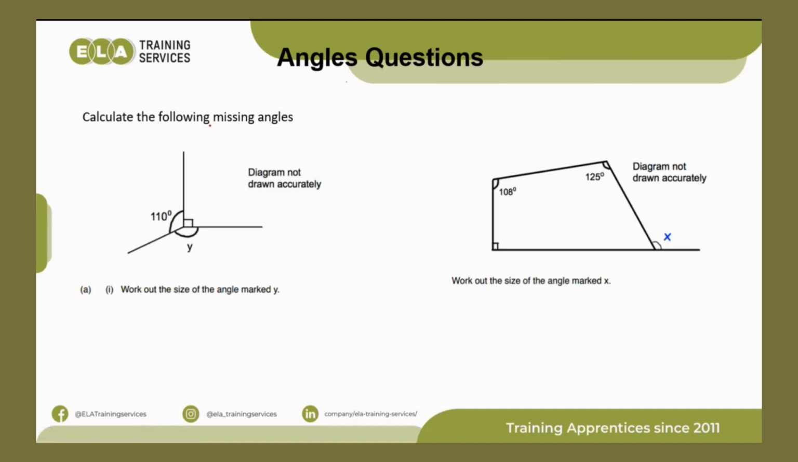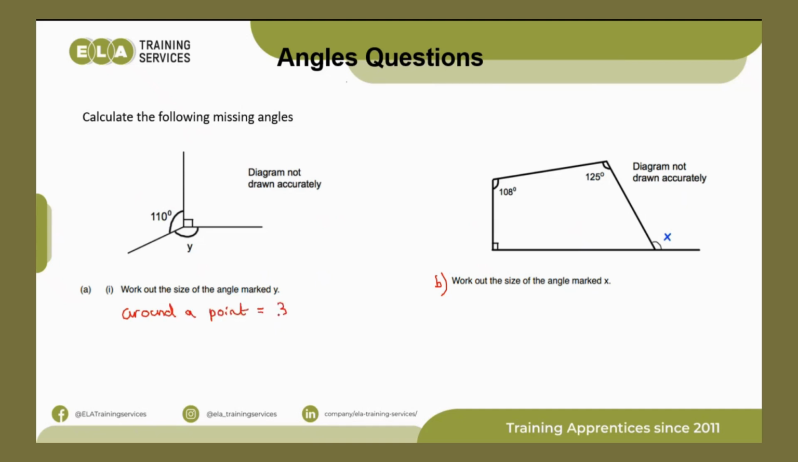So, calculate the following missing angles. So we've got A, and then we've got B. So I want you to have a look at A. Which of your angles is it? Is it a straight line? Is it around a point? Is it a triangle? And we have around a point,